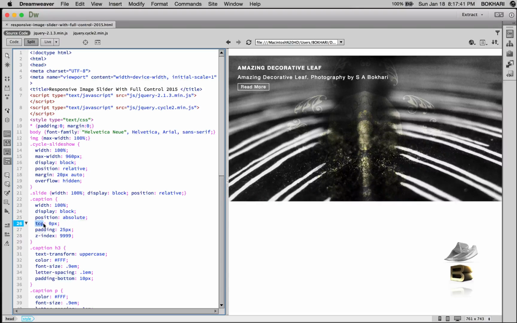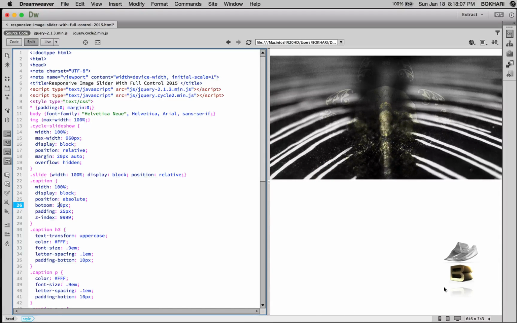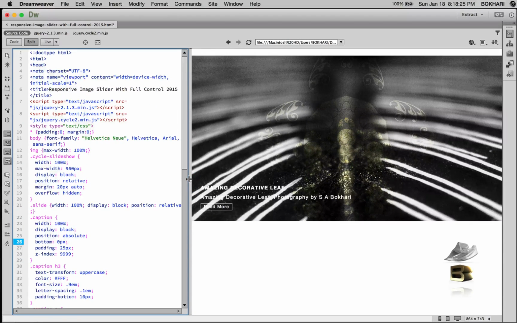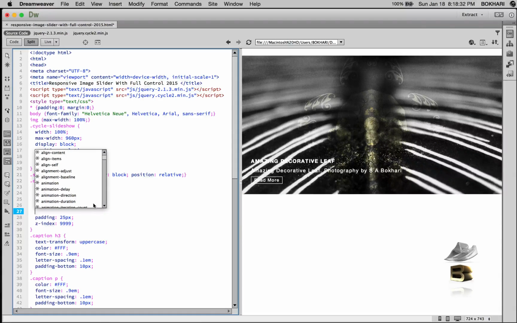So for example, if you might want to put it in the bottom, bottom 20 pixels. Ew, where did it go? That's really scary. What? Okay, I just misspelled it, right? So it did, that's why it didn't work. So bottom. So there you go. So bottom 0 should be here, or anywhere you like, or you could put it in the right side, left side. Okay, so let's do that. Let me show you how. Okay, so bottom, and then also put